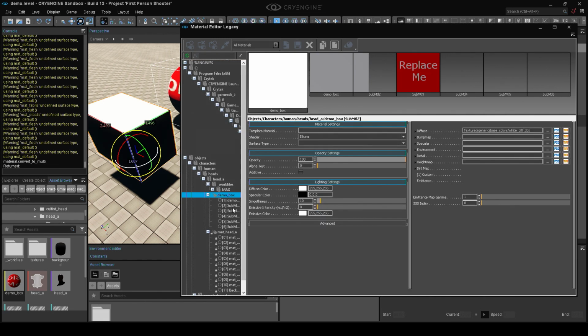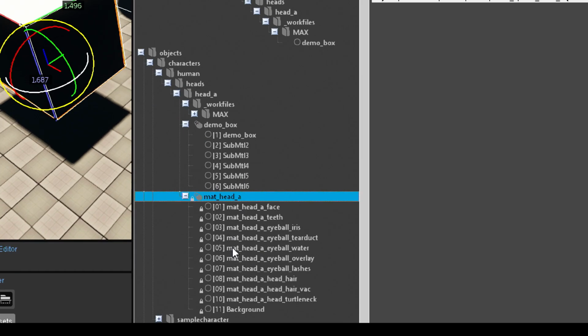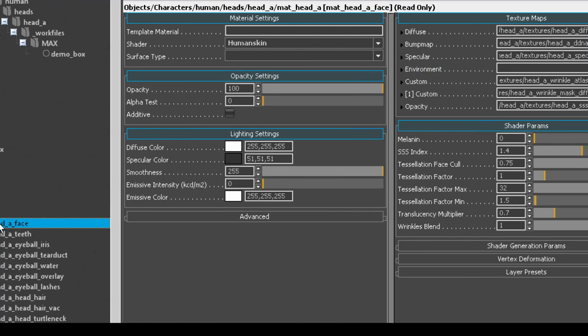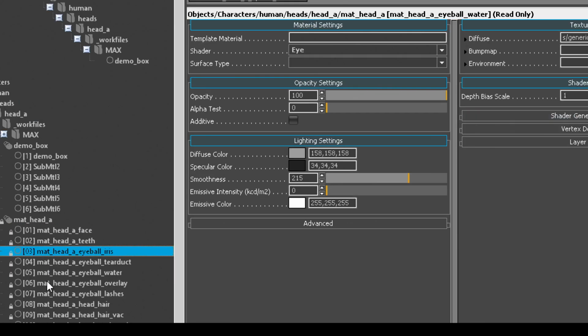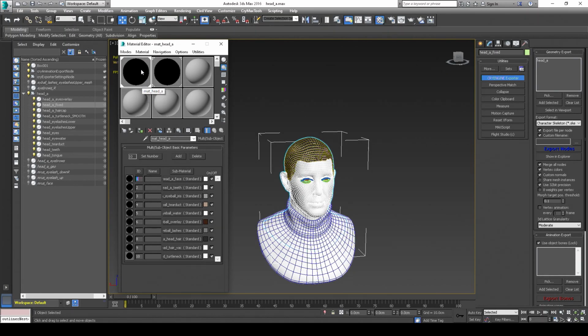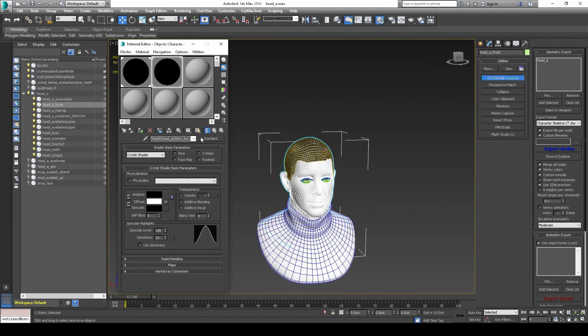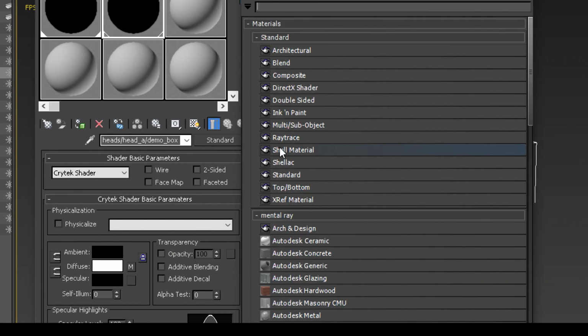So now we have 6 IDs, and the matte head currently has 11. You have the face, you have the teeth, the iris, water, etc. In Max, the same. You have the main material. If you look at the box one, it's just a normal one. If you go one up, you have the standard material, and here, standard,